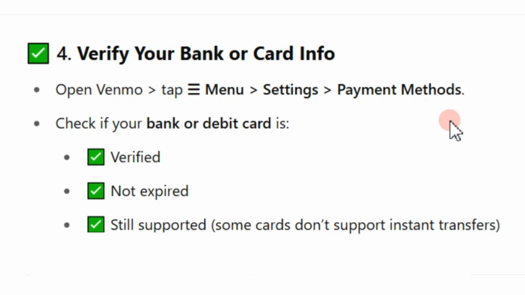Step 4, you need to verify your bank or card info. So you need to open your Venmo, tap on the hamburger icon, settings, go to payment methods, and then check if your bank or debit card is verified, not expired, and still supported, because some cards don't